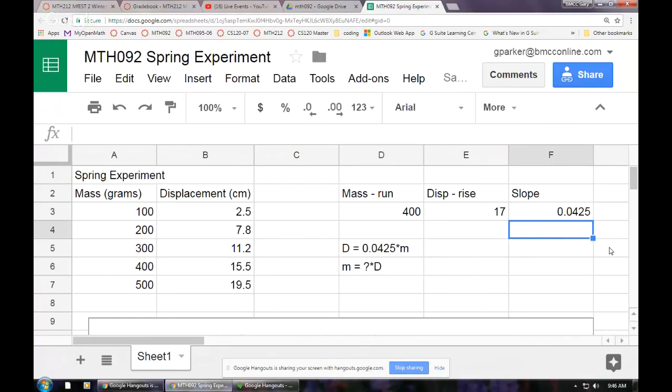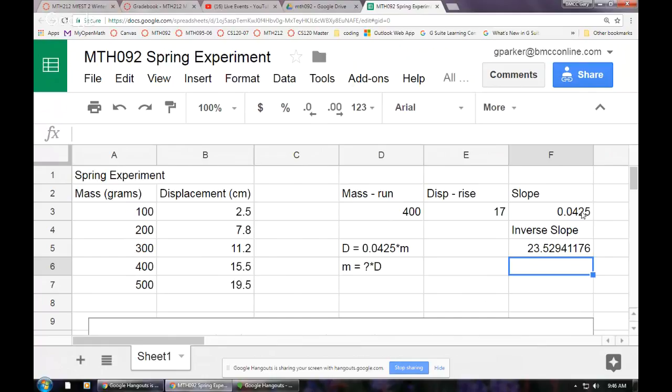So underneath here, I'm going to put inverse slope. And this is easy because the y-intercept is 0. If we have a different y-intercept, we have more work to do. I can show that another time. So I just want to take 1 divided by this number right here. So that'll just flip the rise over the run. That's going to give me